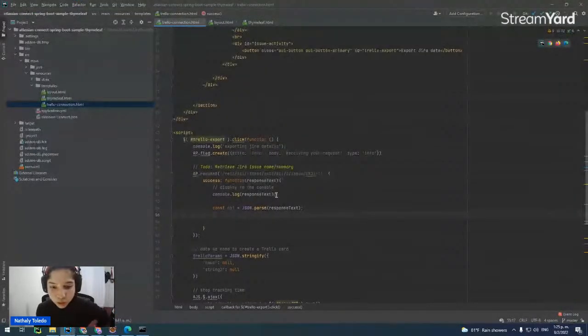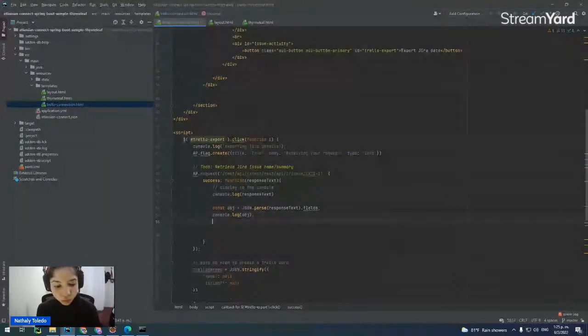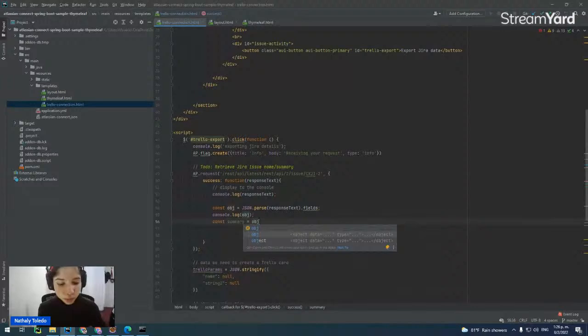We could also do parse dot fields. We can console.log this. And then we have the summary. We could also access it that way, but we can also separate it as an independent variable, and we say object